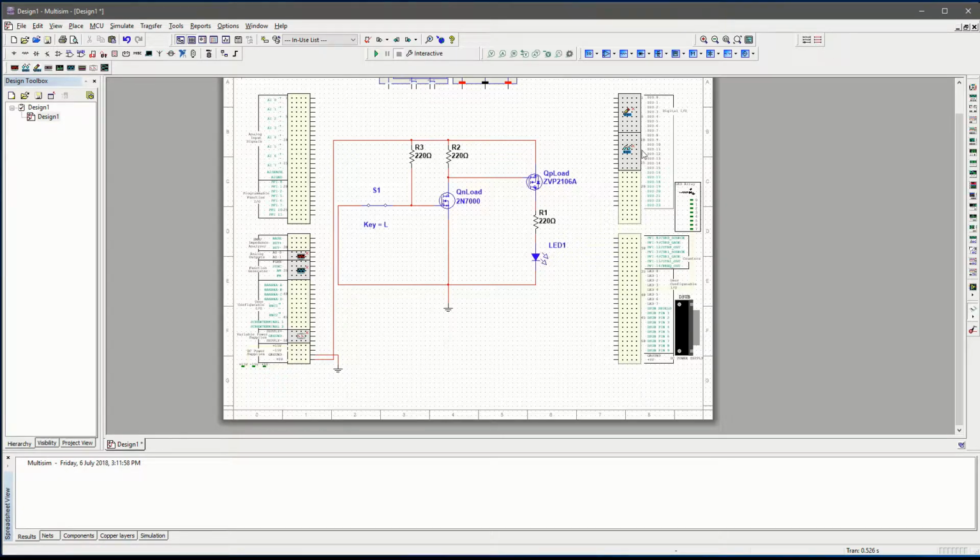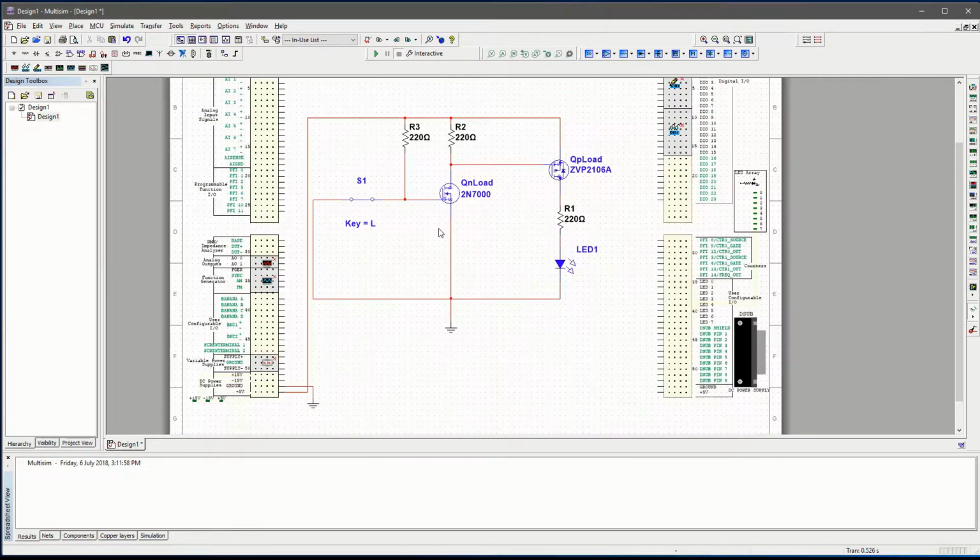So I'll quickly cover off what's happening here. Our power, you can call this VDD. We're applying power to the resistor here, 220 ohms. And when the switch is closed, we'll drop it down and go straight to ground. When the switch is open, we'll get 5 volts across here,